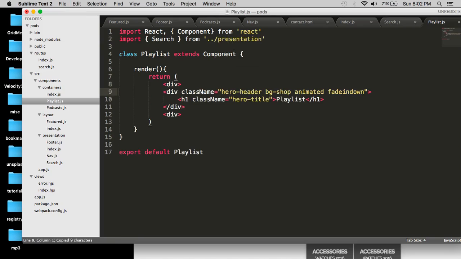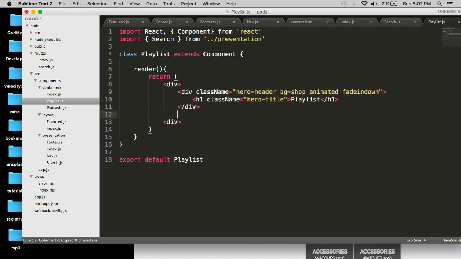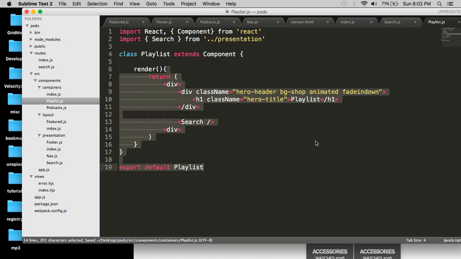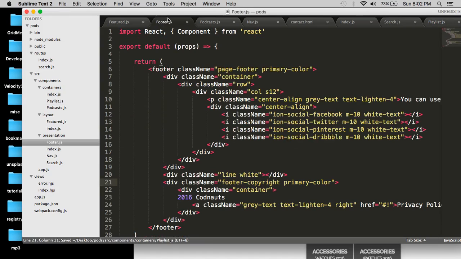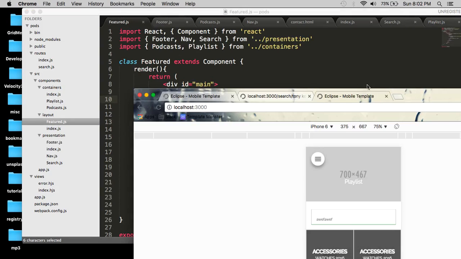So remember, in React you can only render one div at a time. So I have to wrap the whole thing inside one div like that. Otherwise it'll crash. So then when I reload,